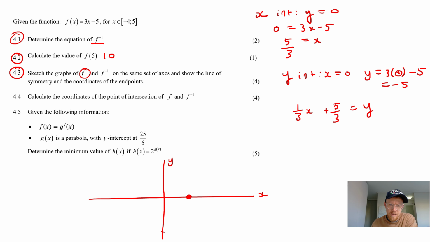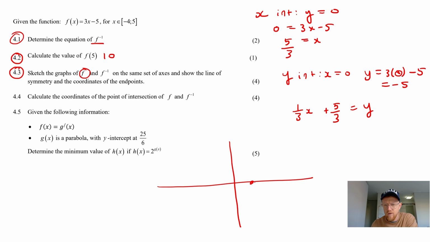Okay, so that would be here. Wait, there's going to be bigger numbers coming along. So let's just put 1 over 5. 5 over 3 would be like there. And then let's put minus 5 there. And then if we had to connect those, now I'm just going to go a little bit through, but we